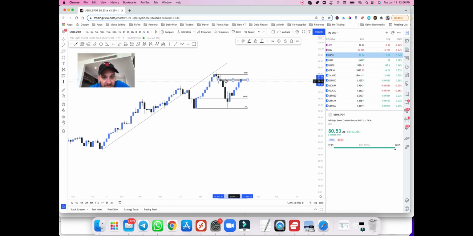So when they put all their orders in here, they bring price all the way down, then they take the profit, they hedge it down here, they take the profit, and then they're in a big minus. So then they've got to bring price back up here again to mitigate this order block. Once that's mitigated, they then come out or break even, and then they can continue in their original direction,